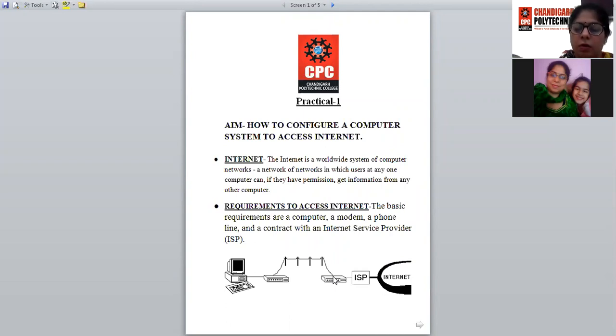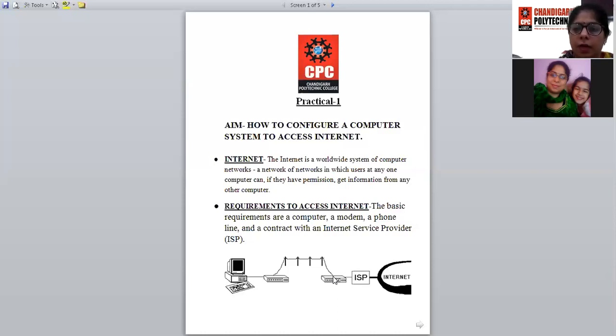It is of very good quality and it gives you very high speed, but only big organizations can own them. They can be rented on an annual or monthly basis, so they are quite costly as compared to twisted pair cables. Another method to connect to the internet is wirelessly, by using satellites or microwaves or radio waves. Okay, so these are the two ways we can connect to the internet.